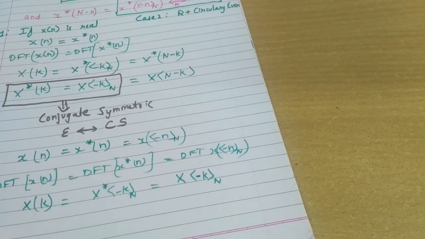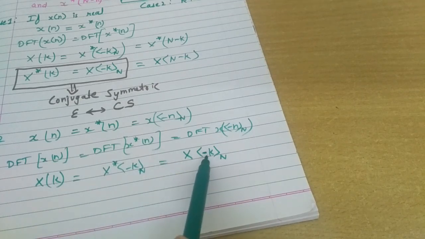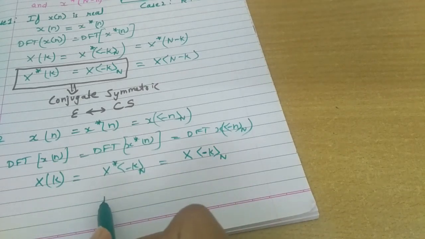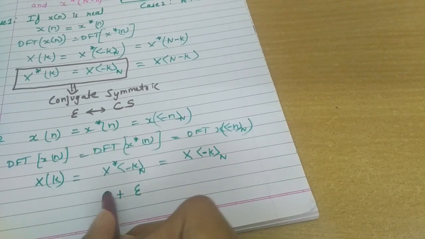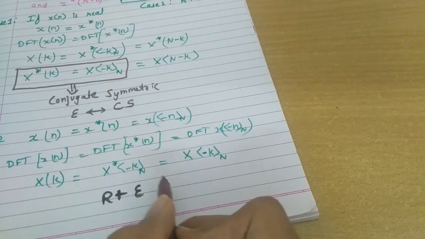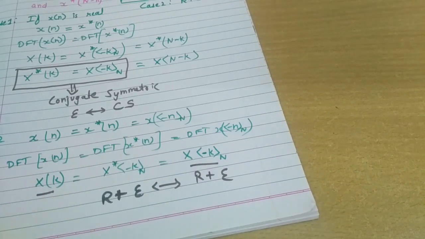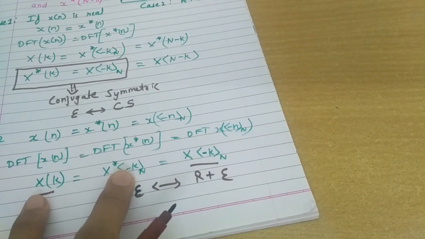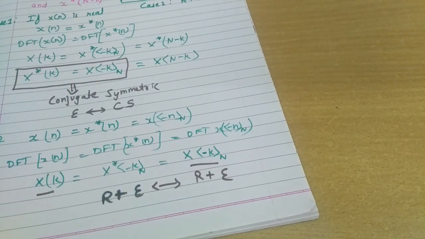So that's it. So what's the conclusion? Conclusion is that x star of minus k is same as x of k, and also it is same as x of minus k. It means that if we have a sequence real plus even, then its DFT is real plus even only. This indicates even, and these two being same indicates it is real. Clear? So real plus even is real plus even. Now